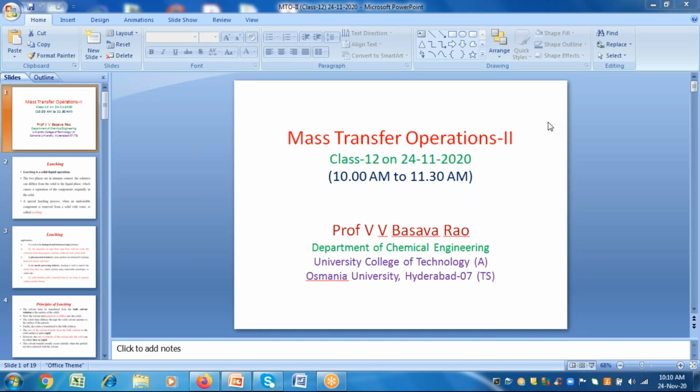So if you just see the metallurgical industry, metals are extracted by using solid liquid operations. And this is also very important in extracting value added metals like gold, palladium and platinum. These metals are in the ore cluster, which is surrounded by a lot of insoluble material, so it is very difficult for us to separate them from that.